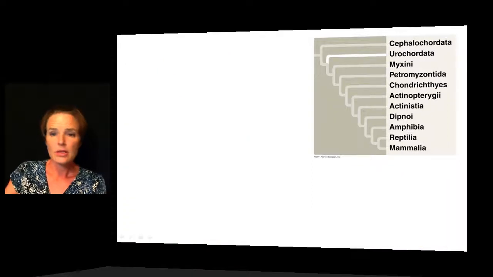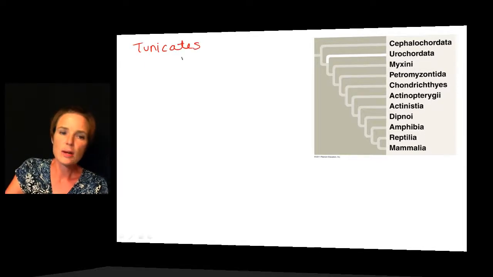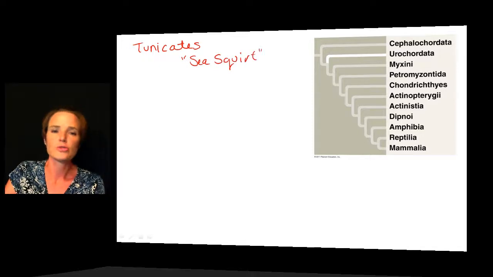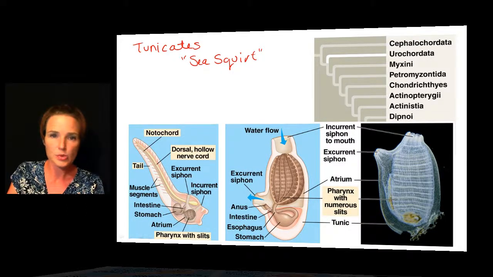The next group that is a little more advanced than the Cephalochordata is what we call the Urochordata. The Urochordata is what we tend to call the tunicates. And the tunicates, their common name is a sea squirt, and this has to do with their ability to squirt some water. And if we look at the overall shape of them, we can see all of those chordate characters when we look at the embryo or the larval form, but when we get to the adult form, which is what we're seeing in this middle picture, some of those characteristics are going to disappear.